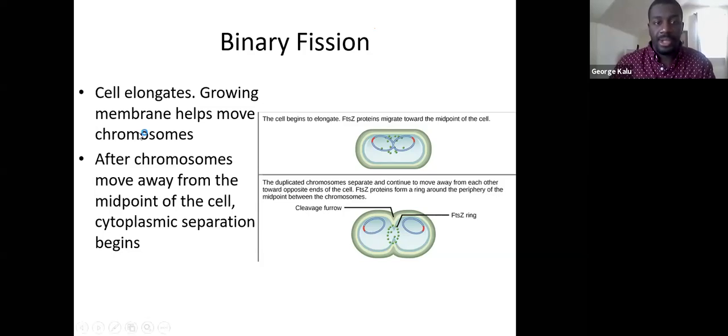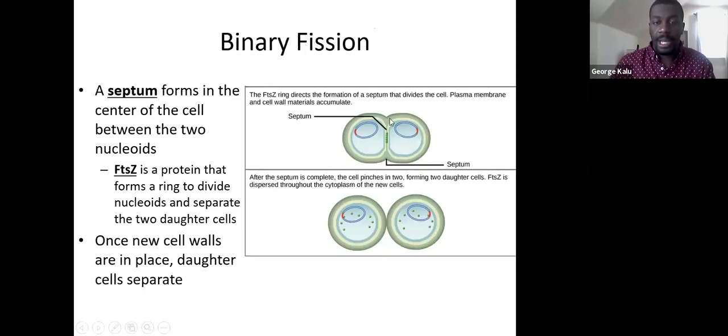What's going to happen here is we start to form our septum, and the septum is the point where the cell begins to pinch, in between the nucleoids. So it's going to pinch in between the nucleoids here, and we're going to form a process that's similar to the cleavage furrow. We have this protein called FtsZ, and FtsZ is going to form a ring around the midpoint of the cell,